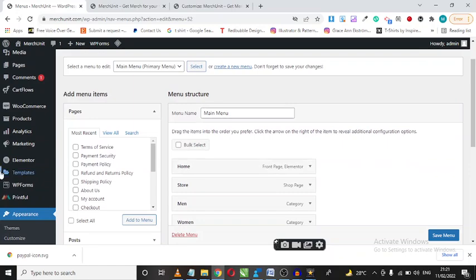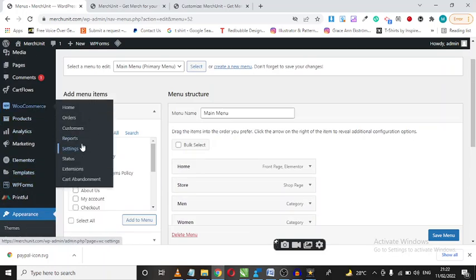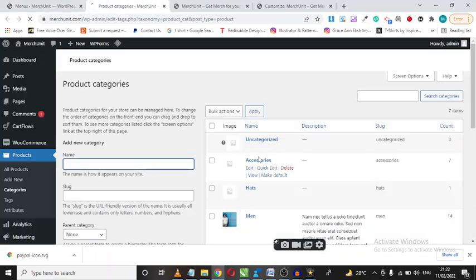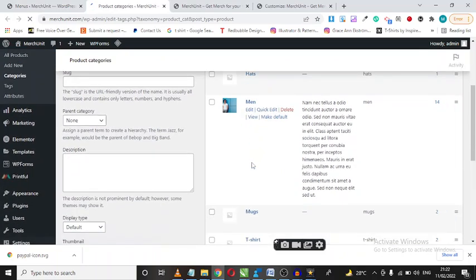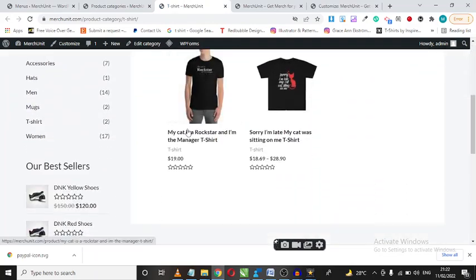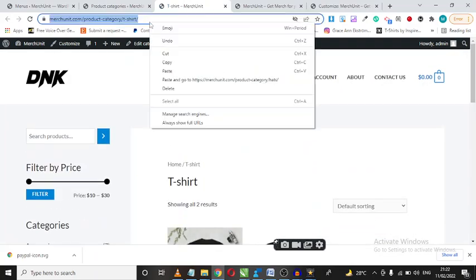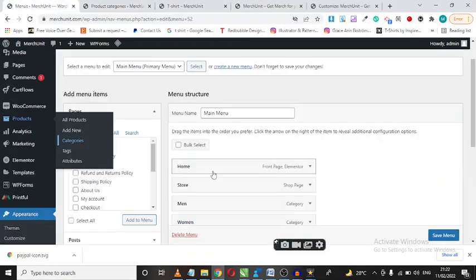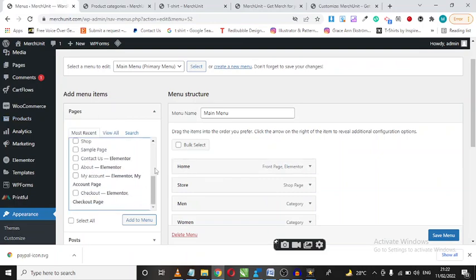I'm gonna come over to WooCommerce, then no, not WooCommerce. I'm gonna hover over products, then categories. I'm gonna open this in a new tab, and I want to copy this t-shirts first. So I'm gonna go view. It's gonna show me all of the t-shirts on my store. Currently I have only 2 t-shirts, so I'm gonna copy this link, head over to the menus, and I'm gonna